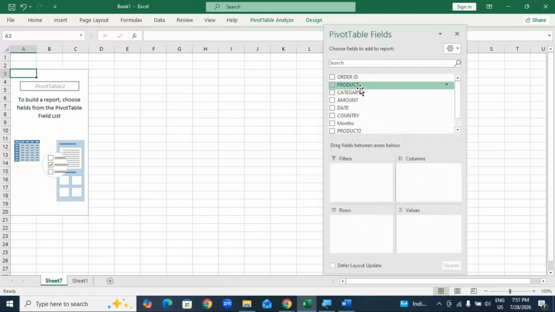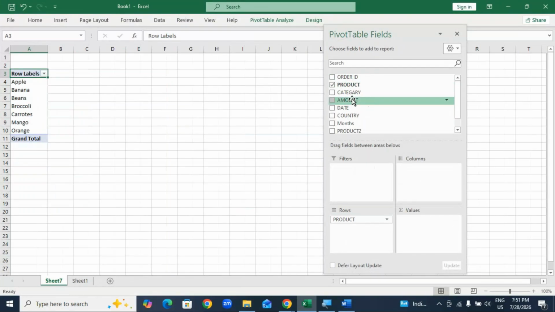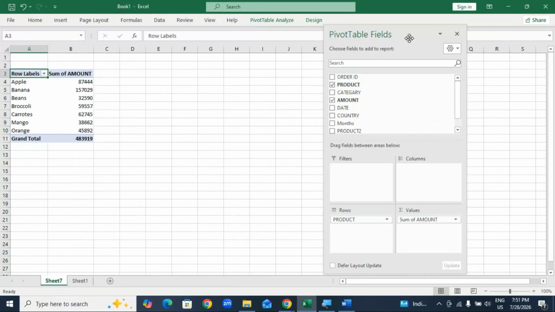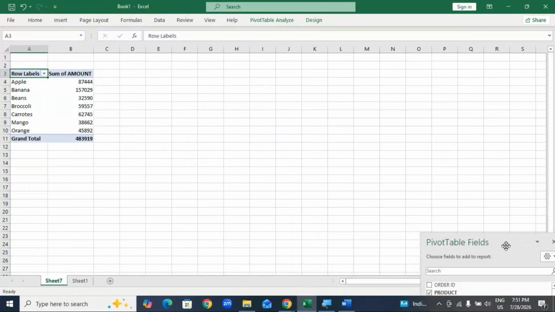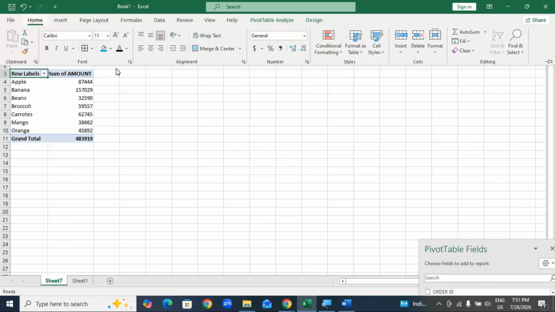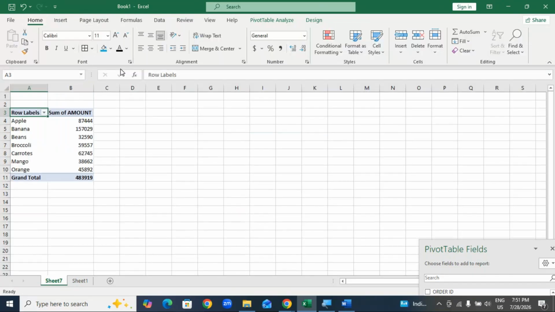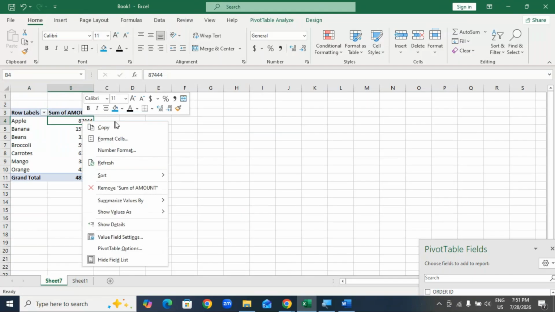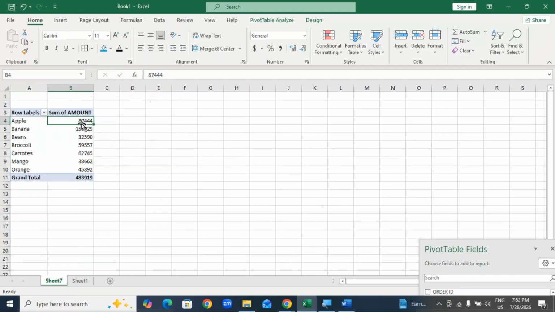We can drag the product to the rows. Amount should always go in the Values option. This is okay for me. Actually, in the pivot table, if I want to insert a new column, we can't insert it. See, place the cursor, right click, the new column option is not there. We can't insert. If I click on that, see now, once you go to the Home tab, Insert option,